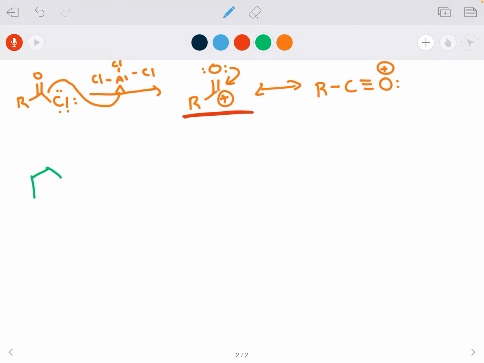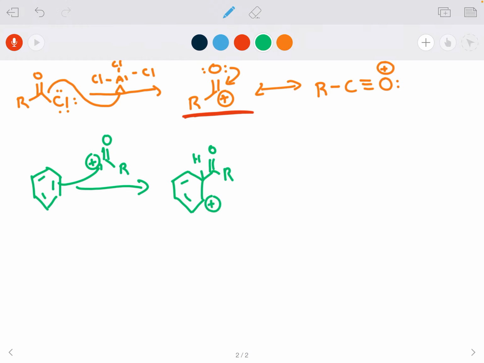So the reaction now, my benzene ring, I react with the electrophile, and then now, similar to last time, the chloride here deprotonates the benzene ring, the electrons return to the ring to restore aromaticity, and I get my final product